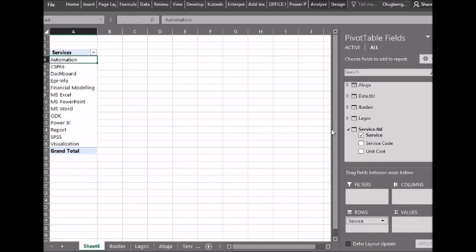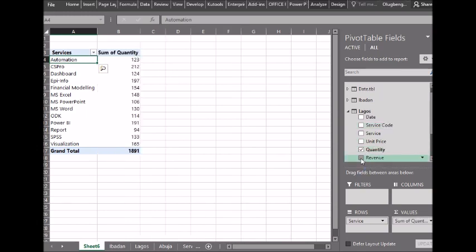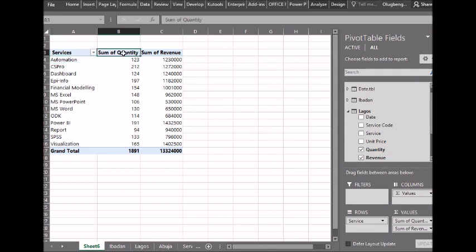All right. And I can now bring all the services from the three places. So these are service table. So I don't need services. Oh, the first thing I want is quantity from Lagos and revenue from Lagos. So I'll call this Lagos